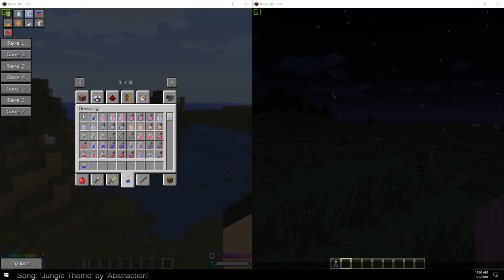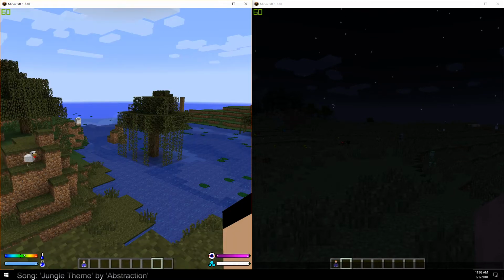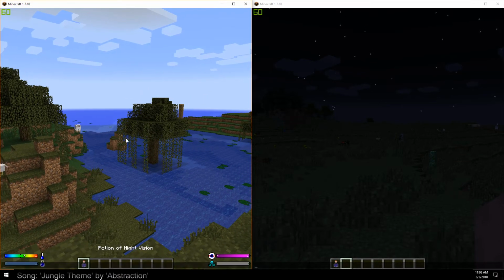Now the reason for the two different clients is that here on the right, I've actually fixed the problem. Here on the left, we're in a normal Minecraft environment. Well, not normal because it is modded, but etc. So we're going to activate both and let you guys compare the two of them. And let's go ahead and set time